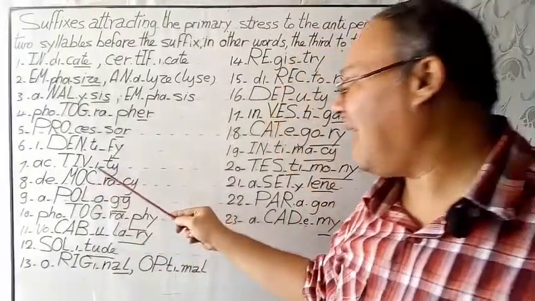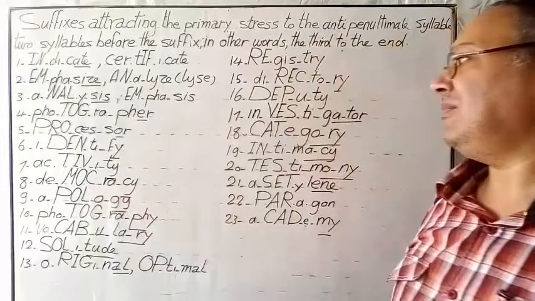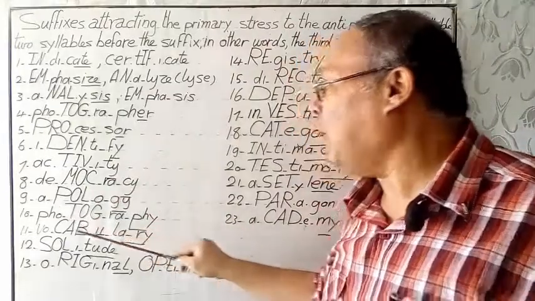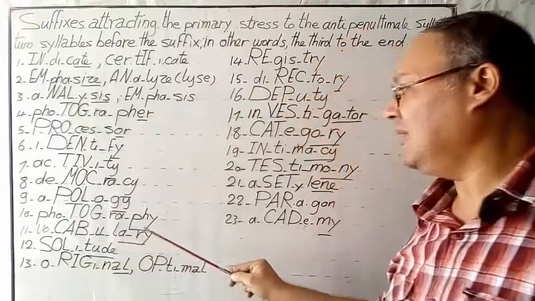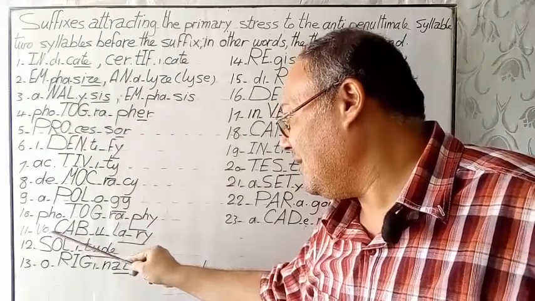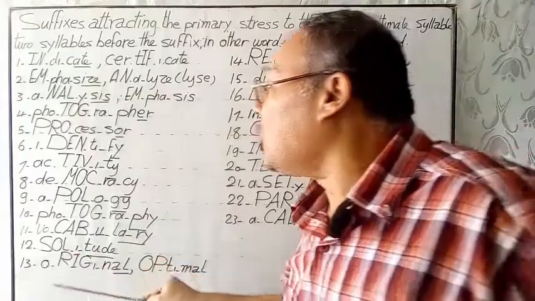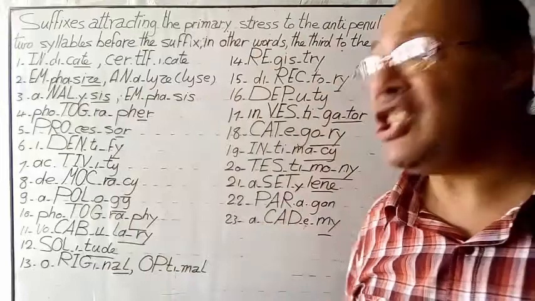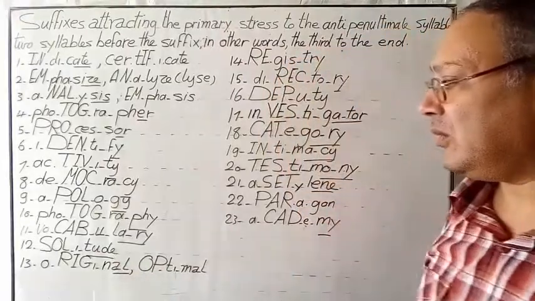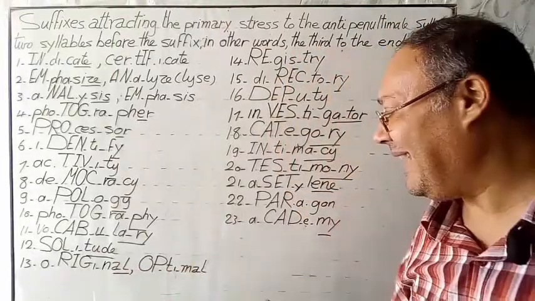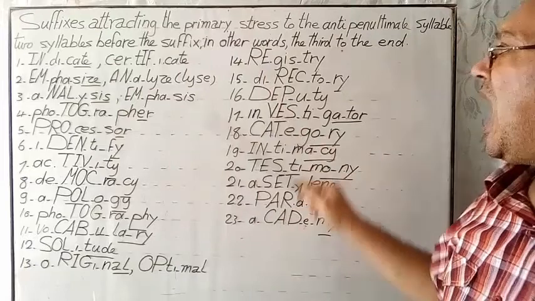Activity, TY. Democracy, CY. Apology, GY. Photography, PHY. Vocabulary, ARY. Solitude, T-U-D-E. Original, A-L, like optimal. Not registry, registry,